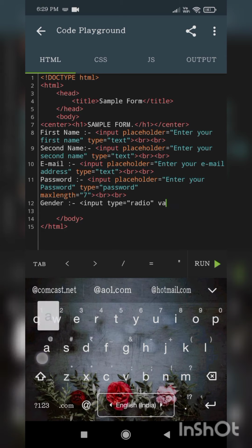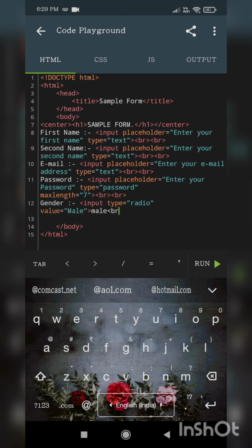And value, you have to write male. After that also write male. Again breaks, or else if you want them side by side, you can keep them side by side.